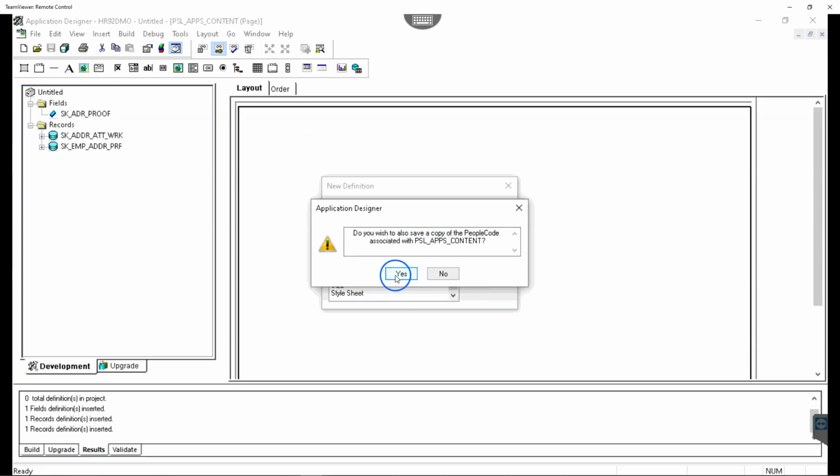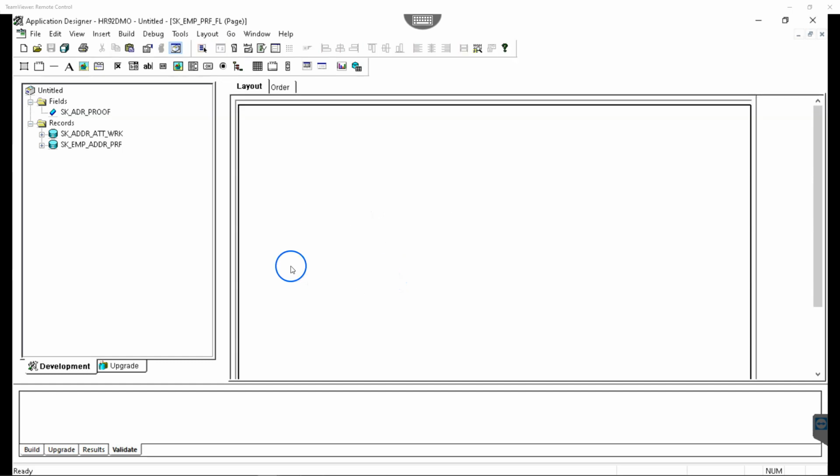Let's go ahead and save our page. I always prefer to say yes to this message just in case Oracle adds some PeopleCode behind the default layout. Let me drag a long edit box onto our page. We will use this long edit box to display instructions to our employees, showing them why we are asking for